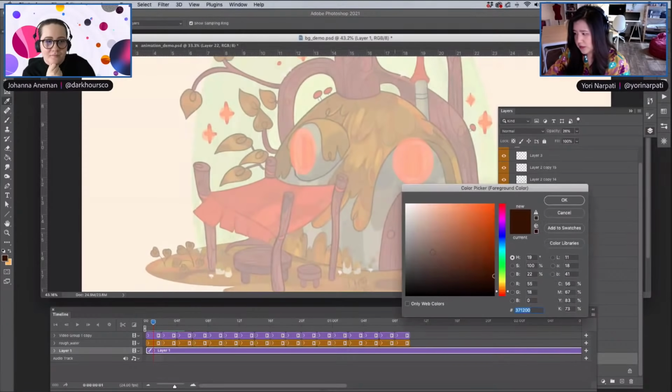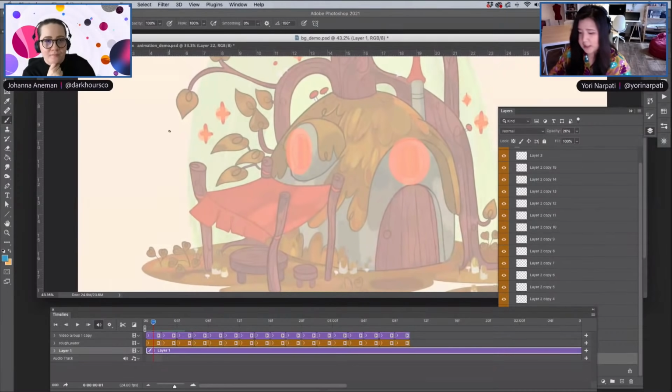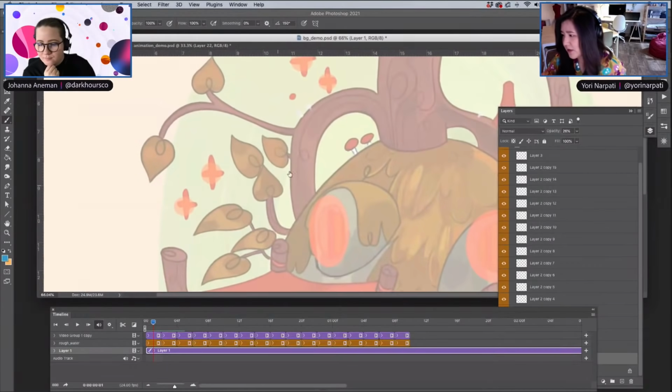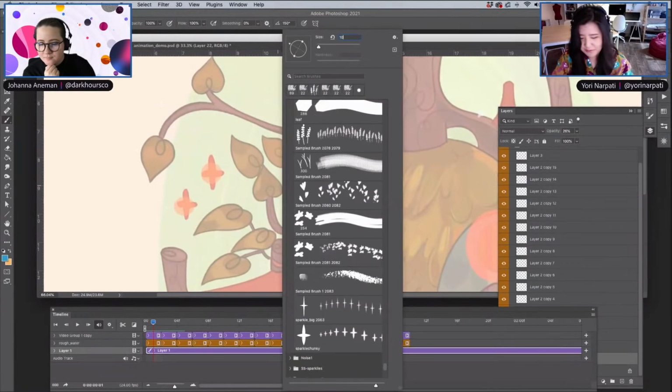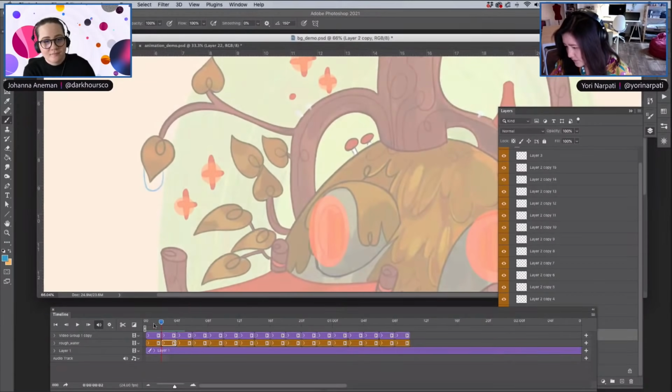So I'm going to quickly select maybe a blue color, just so that I can separate my rough from my thin lines later on. And I'm just going to do something very, very simple. I'm just going to start with that, and then once I'm on,